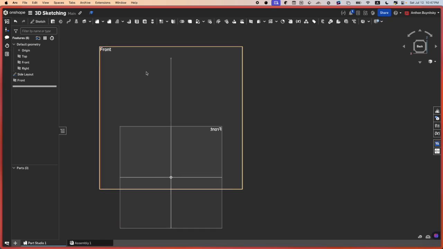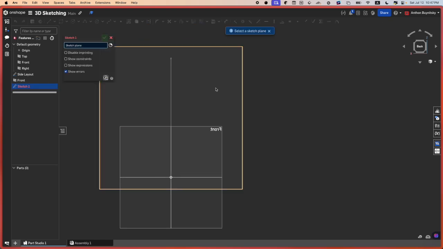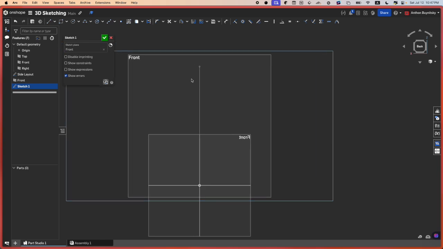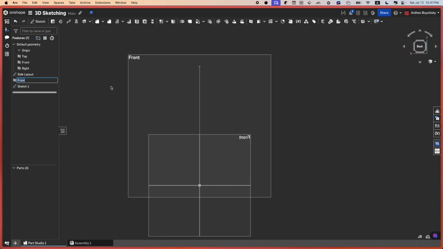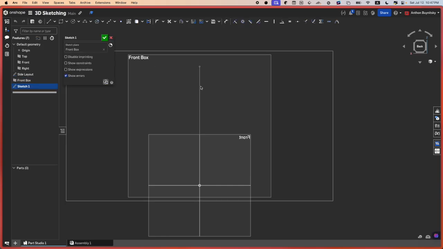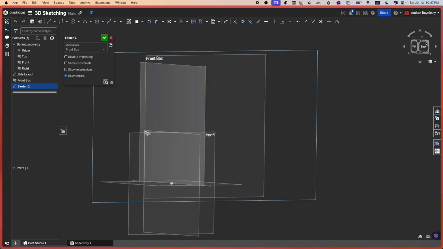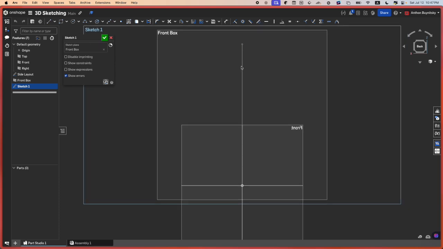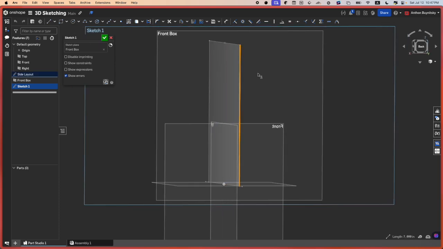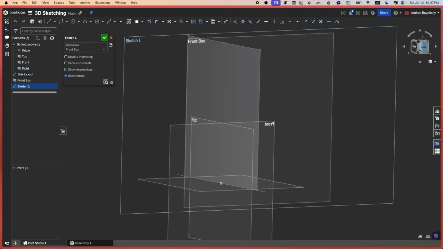What I said a couple of minutes ago, well, first you actually have to create a sketch. So now I will create a new sketch and select the front plane, or this is very confusing because there's two front planes. So I'll say this front box. And I selected the front box as my sketch plane, and now I can actually start. If you hover your mouse over your original sketch, you'll see that you can actually start using the lines and the points from your side sketch in your front box sketch now,